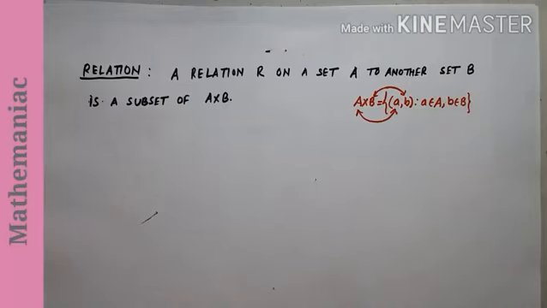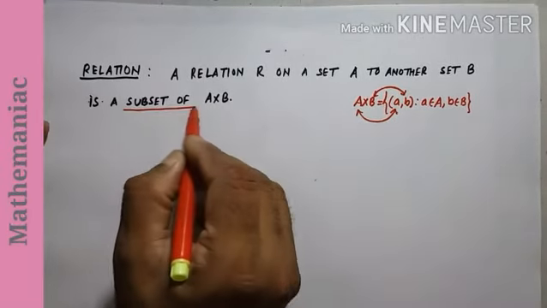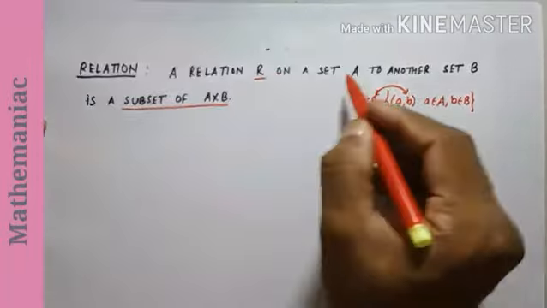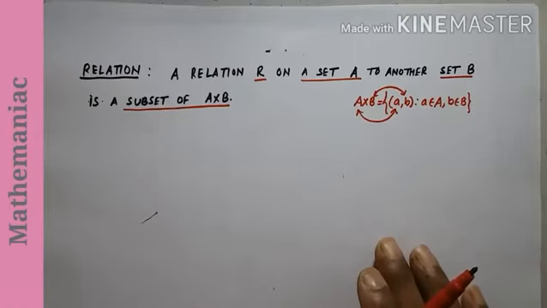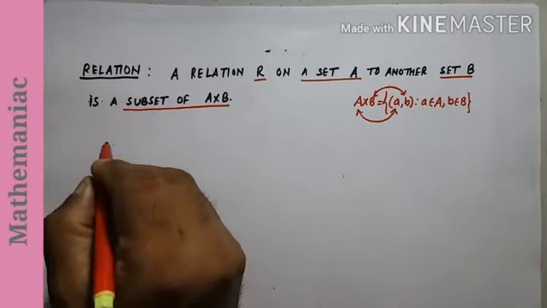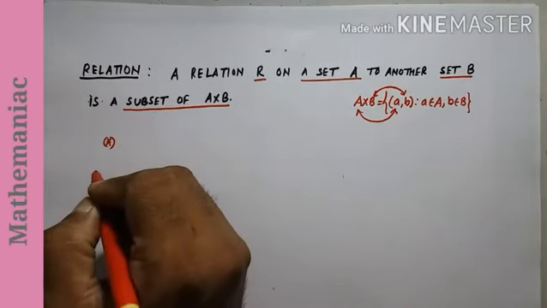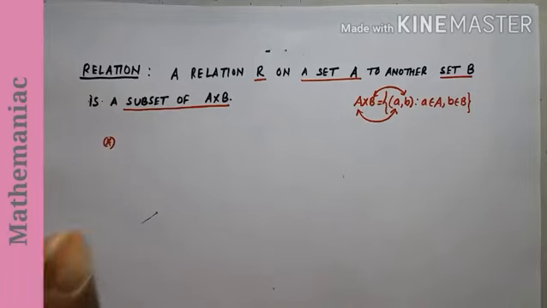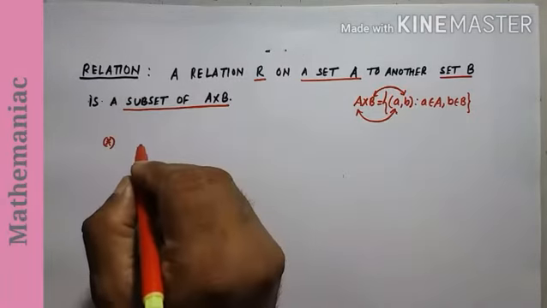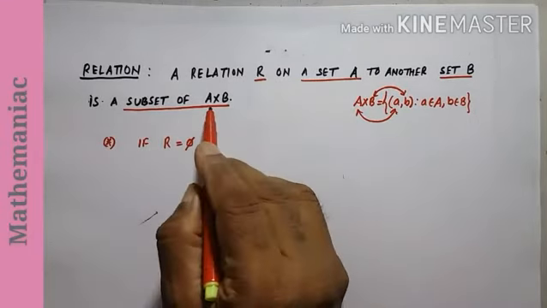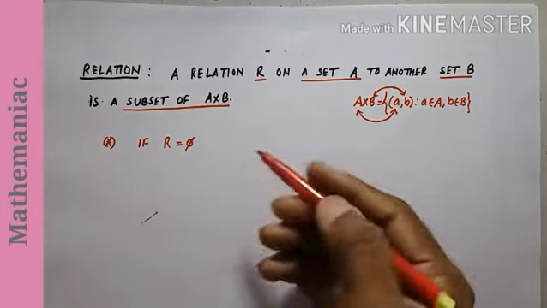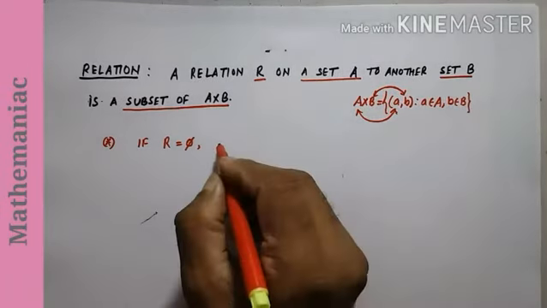So this way we find A cross B, and any subset of A cross B is called a relation from set A to set B. So this is what we have to first understand. This is from our class 11. Now after that, there are two very important points to be noted, right? You have to note this very quickly and very clearly, that if this R is phi, because we are talking about subsets of this, right? So it may be a phi. So if it is phi, then it is called